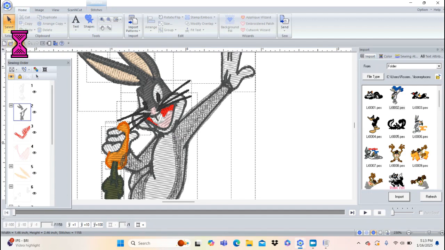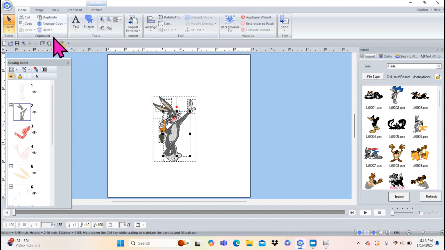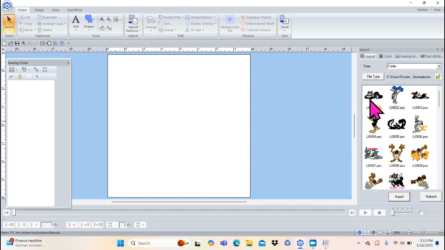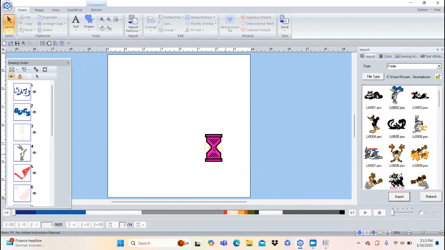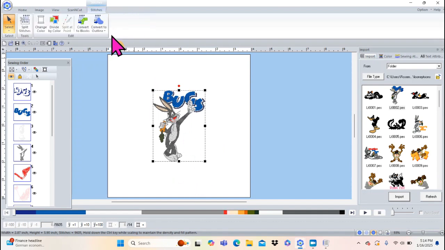Let's just go here. I'm going to select this whole thing and delete it, and then I'm going to bring him back in again, import. So what I wanted to basically say is, when you select something that came from somewhere else and you hit the stitches and it says convert to outline, that's what's cool about it: you literally have taken it from being somebody else's design to basically be a bunch of shapes together in the same way that